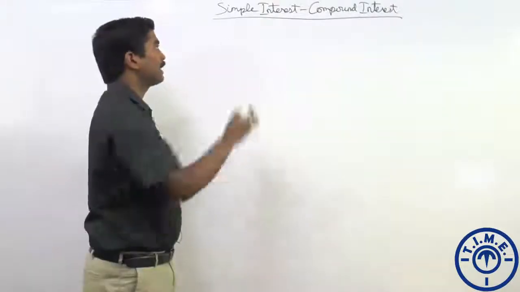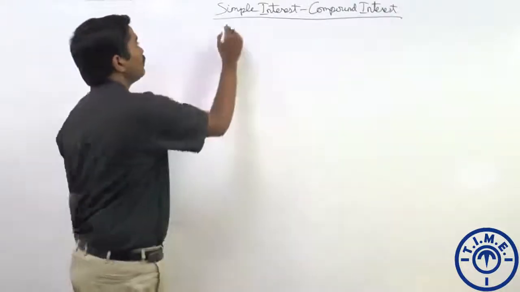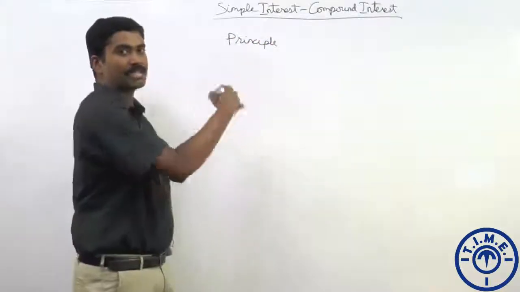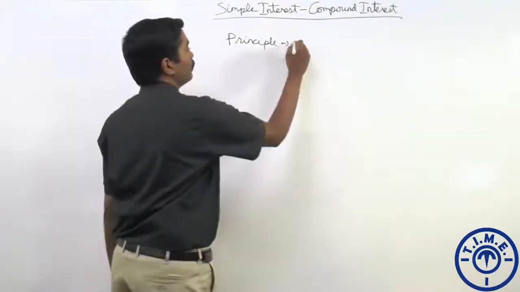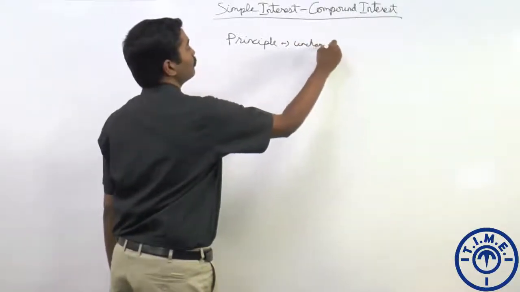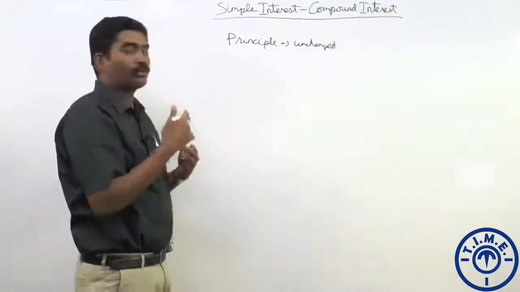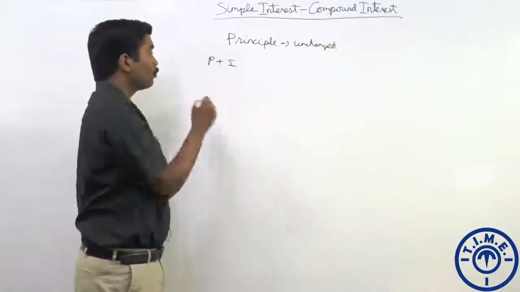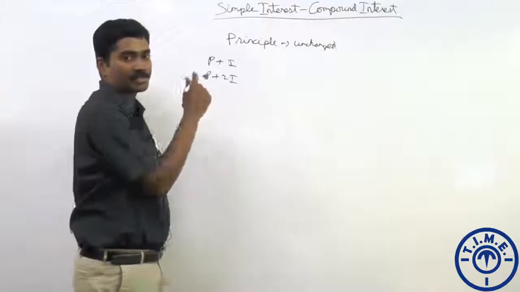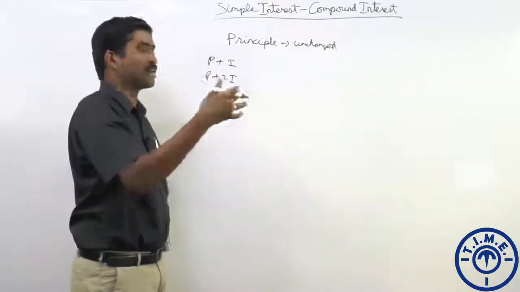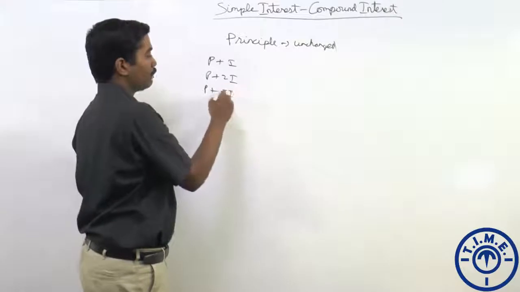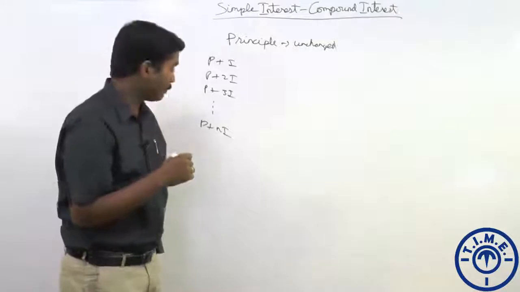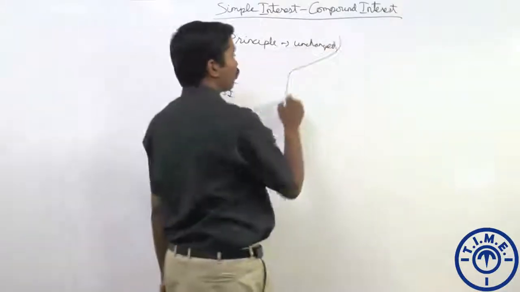In short, I can think of simple interest as principal remains unchanged, interest keeps adding up each year, which means if I were to borrow some rupees P now, at the end of the year it becomes P plus interest. At the end of 2 years it becomes P plus twice of that interest. The interest amount is the same, it is constant for each of the years. The next year it would be P plus 3I and so on. At the end of n years you ought to pay them back P plus nI,